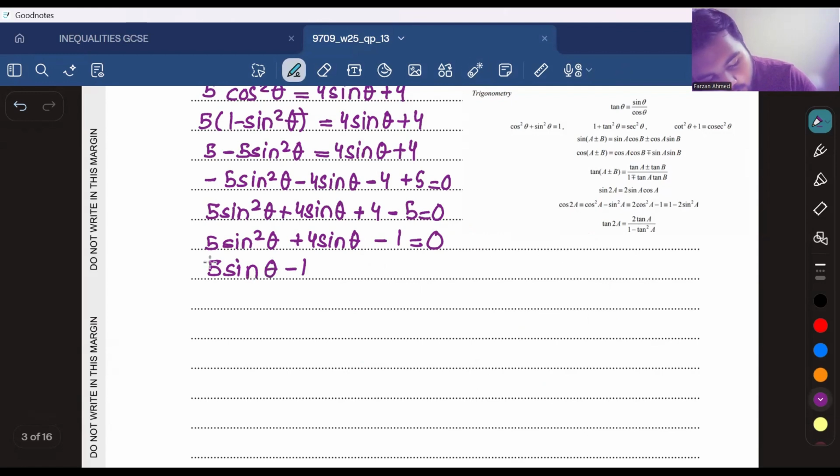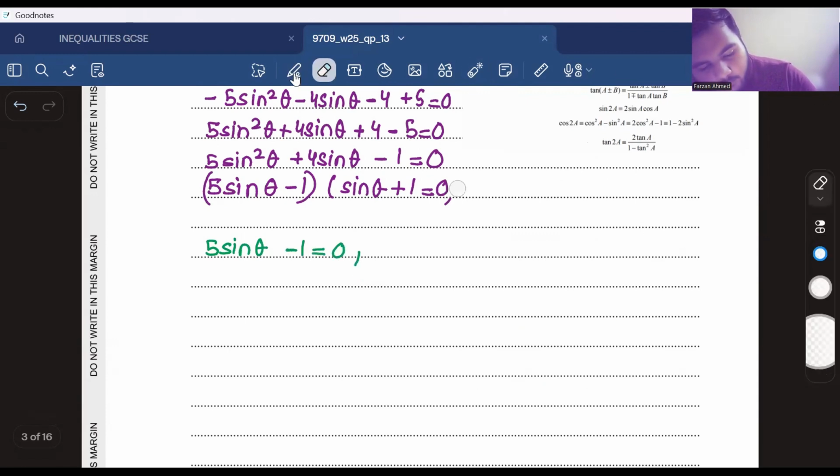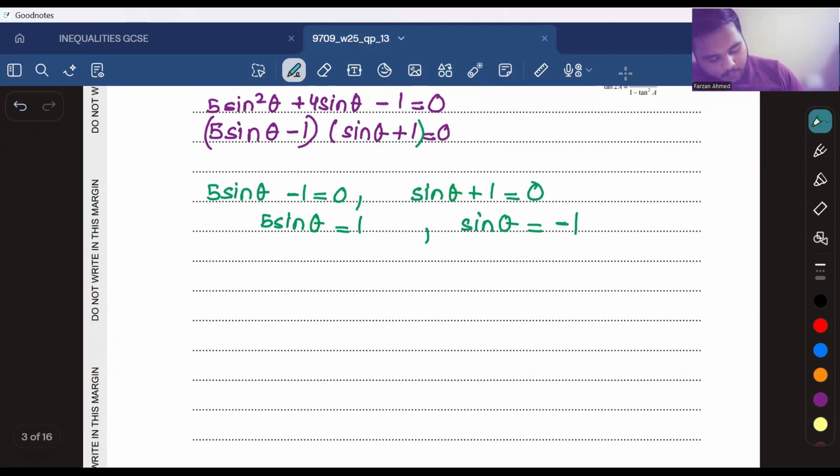So 5 sine theta minus 1 is equal to 0, and sine theta plus 1 is equal to 0. So 5 sine theta is equal to 1, and sine theta is equal to minus 1. Okay. So now what we will do,